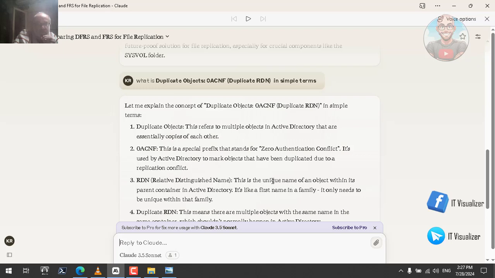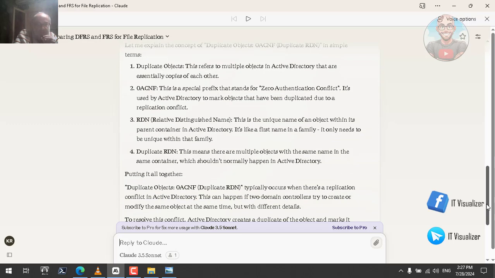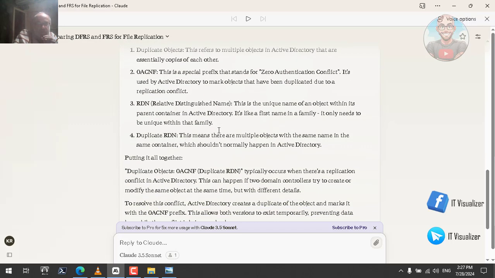RDN is the unique name of an object within its parent container in the Active Directory. It's like the first name in a family, only needs to be unique within that family. Duplicate RDN means that there are multiple objects with the same name in the same container, which should not normally happen in the Active Directory. Putting it all together,